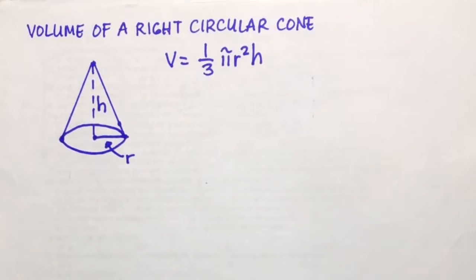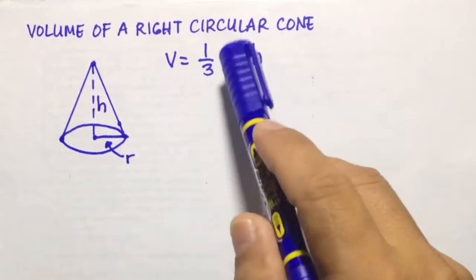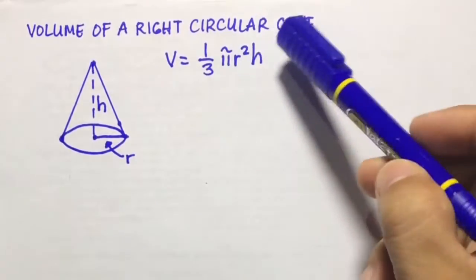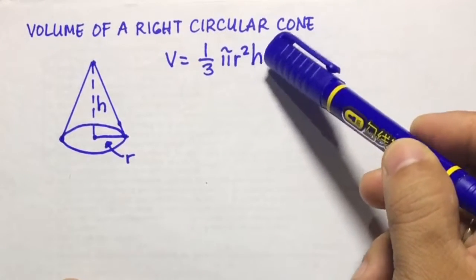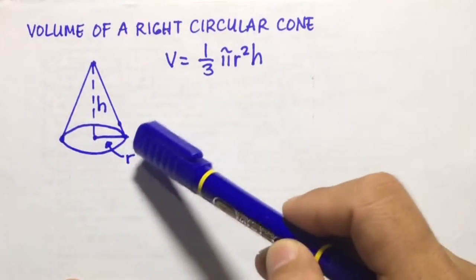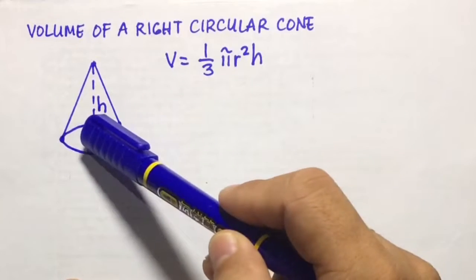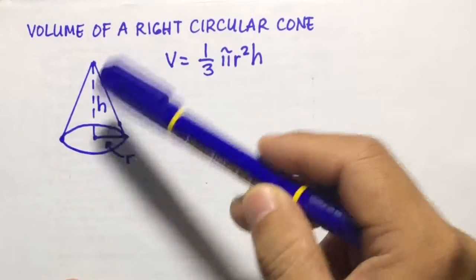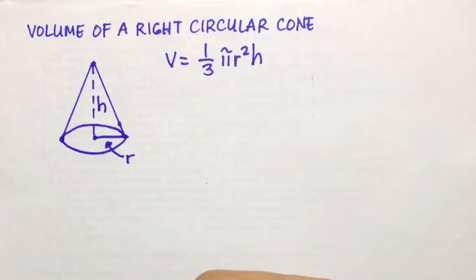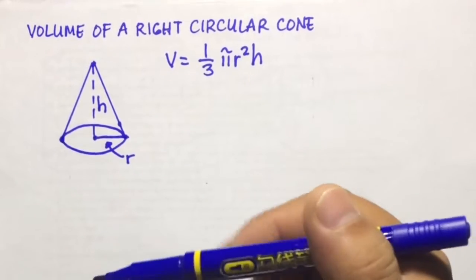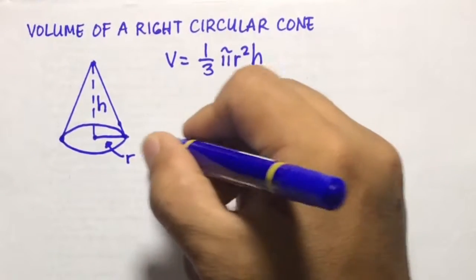Next is the volume of a right circular cone. So it is given by V equals 1/3 times pi times r squared times h. So this is the illustration of a right circular cone. So this is the radius and this is the height. Now for example, if the radius here is equivalent to 3 centimeters